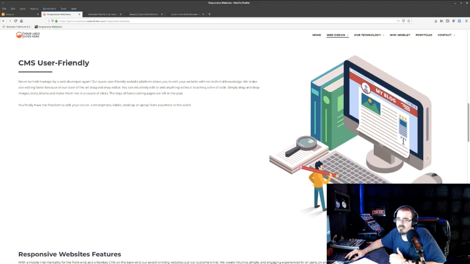I want to talk about CMS and user friendliness, because when we talk about our website in terms of editing, we discourage letting end clients go in and use the editor. We don't like it because no matter how easy to use an editor is, and ours is very easy to use, end clients will go in there and they'll just mess it all up. You guys know that. You understand that. They'll go in there and they'll try to upload a 50 megabyte image on their homepage. They'll go in there and just destroy. And you'll end up in a world of constantly having to reset the site and getting into battles over edits